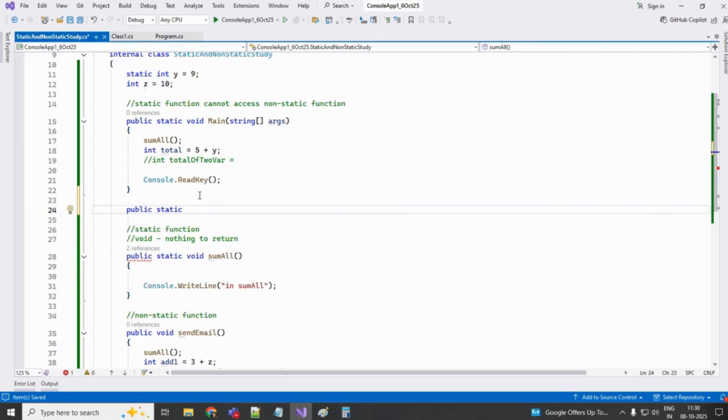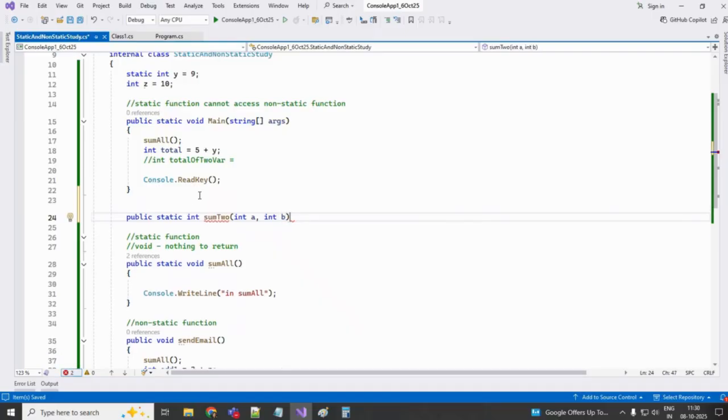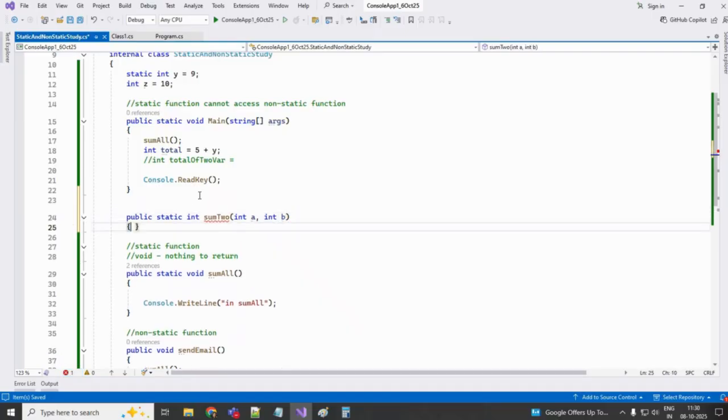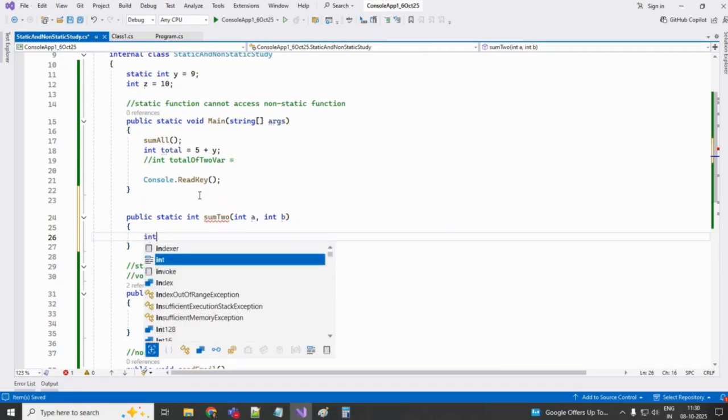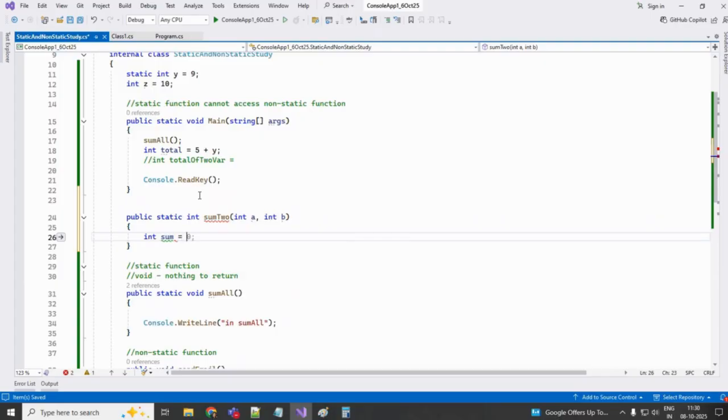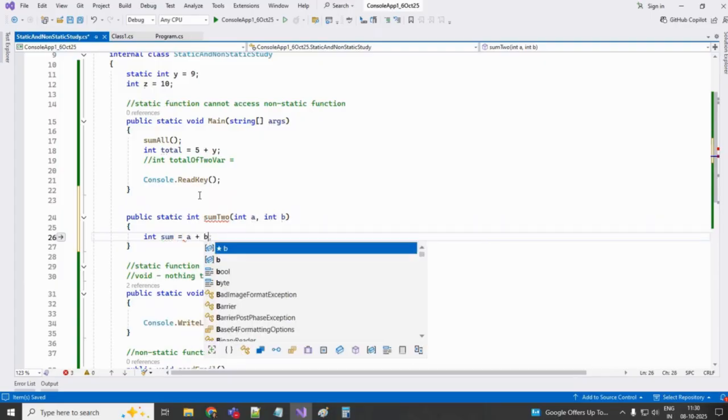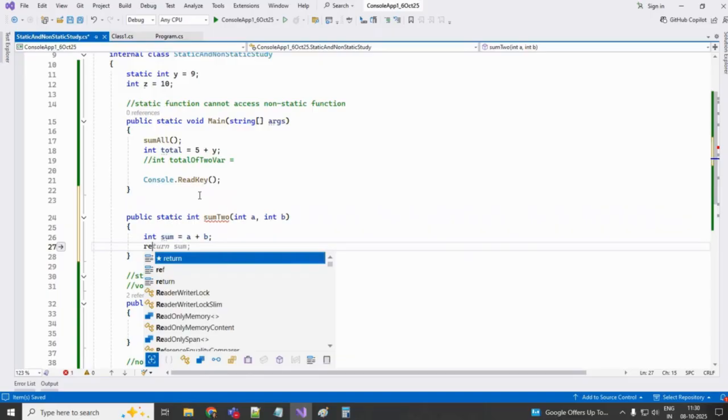Now, if it is void, it will not return you anything. But I will tell my function to return an integer value. Public static int and say sum 2. Now I will pass two integers, integer a comma integer b. And I say int sum equal to a plus b and return